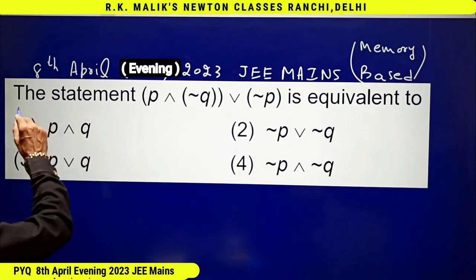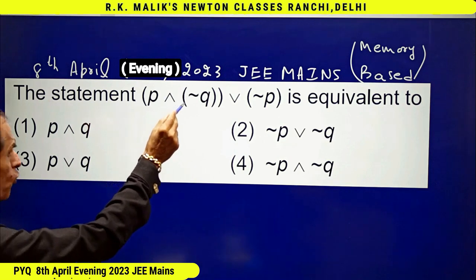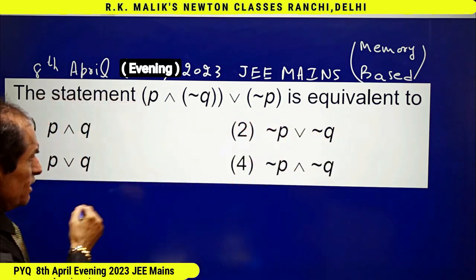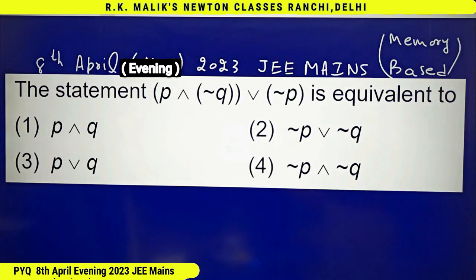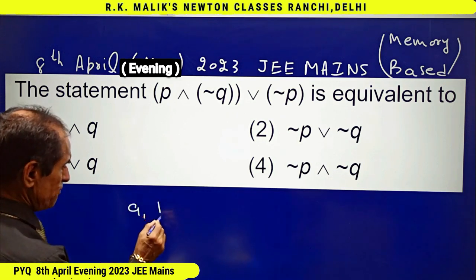In this question, it is given that the statement P and negation Q or negation P is equivalent to, you have to find the correct choice. For doing this question, I am going to use distributive law, and distributive law says that if A, B, C